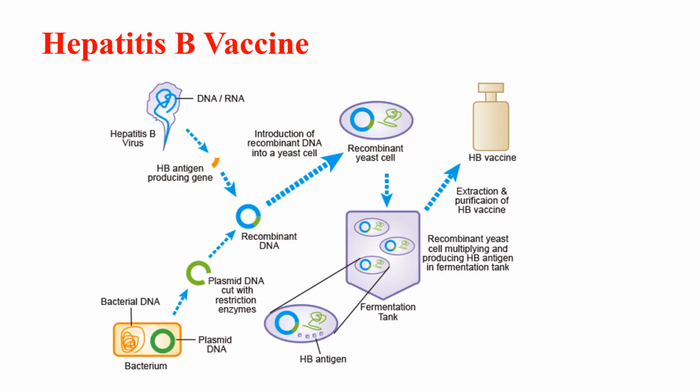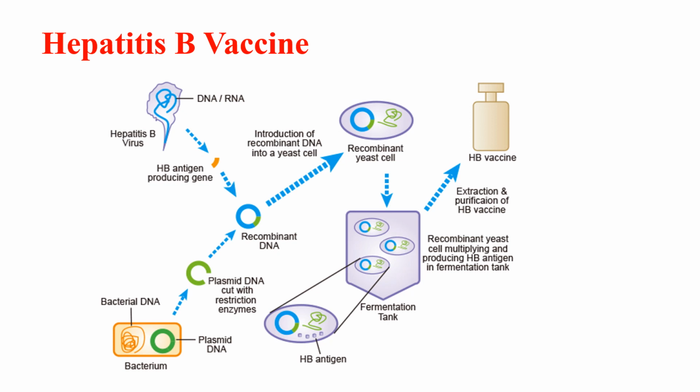For vaccines, let us take the example of hepatitis B vaccine. Hepatitis B is one of the most common infectious diseases known to man. Hepatitis B vaccine, developed by recombinant DNA technology, was approved as a hepatitis B prevention vaccine in July 1986. Let us now see the process of vaccine development.